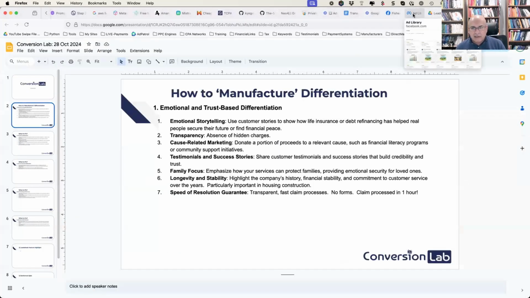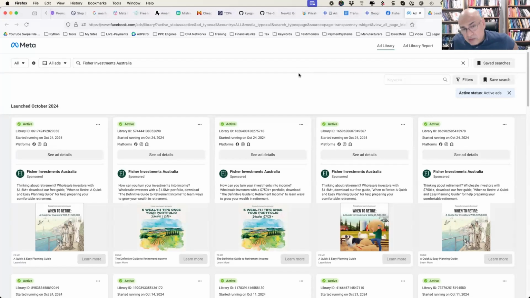manufacturing differentiation. So I'll start off with a story, because when I was in the consumer goods business, we did body sprays and deodorants and all that sort of stuff. And I remember we were in the mosquito coil business, or at least that's one of the products we were going to launch, and we couldn't really change the product too much. Obviously there are specific rules around how much active ingredient you can put in. It's not like I can just double the active ingredient in there, because it's harmful to humans and pets and all kinds of stuff. So there were some strict limitations as to what you can do in terms of changing